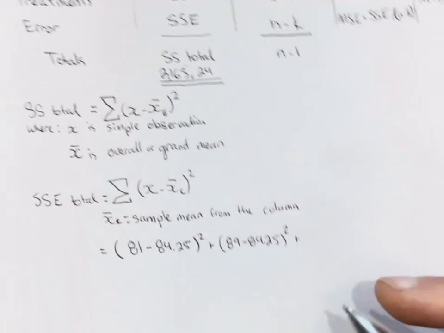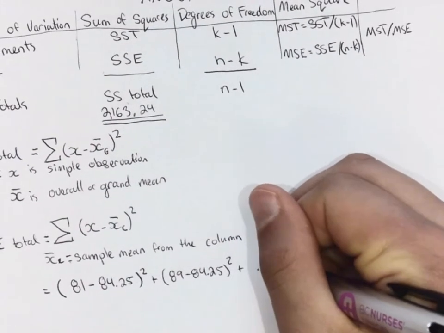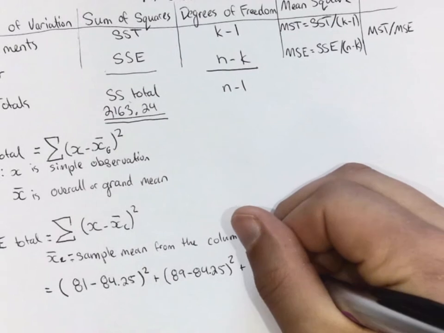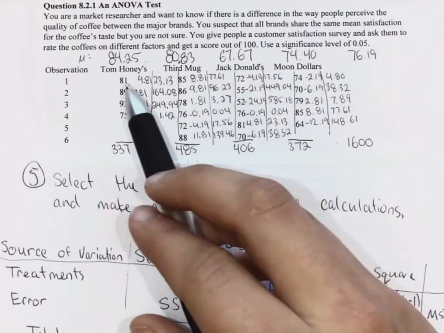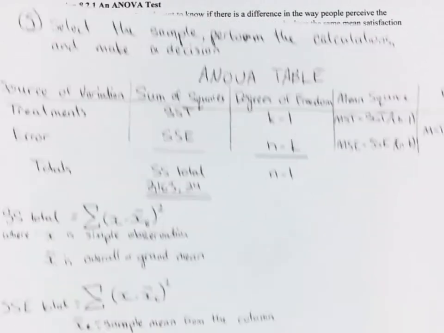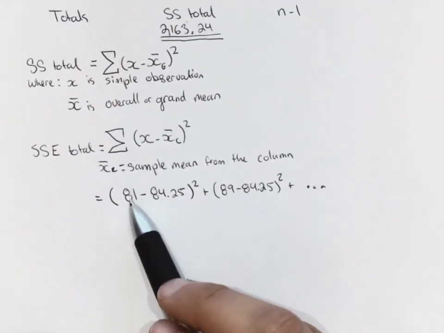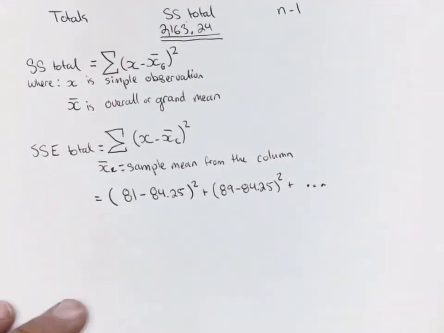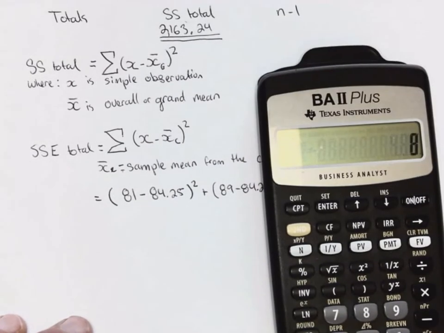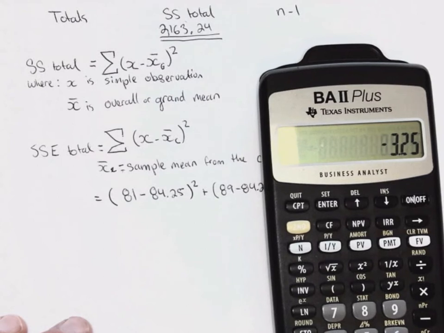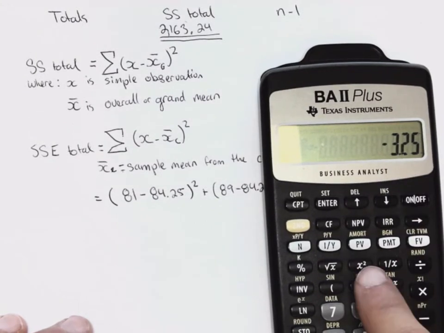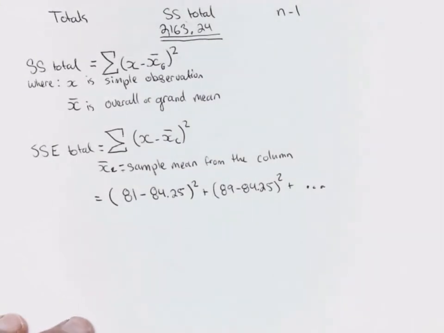Now they are going to be squared. I'm not going to do that for time's sake. We're already over 30 minutes on this video. But you will do that for each one. If you want to build another table, that's totally reasonable. If you just want to do it by hand, we would take 81 less 84.25, the negative 3.25, and we square it, and we get